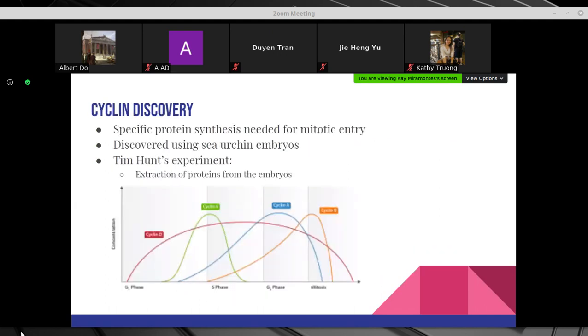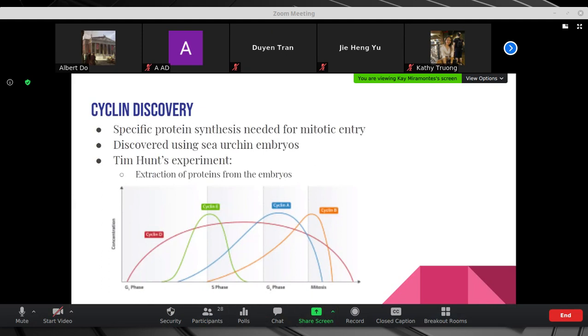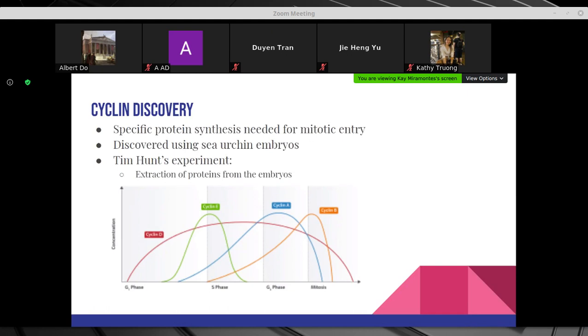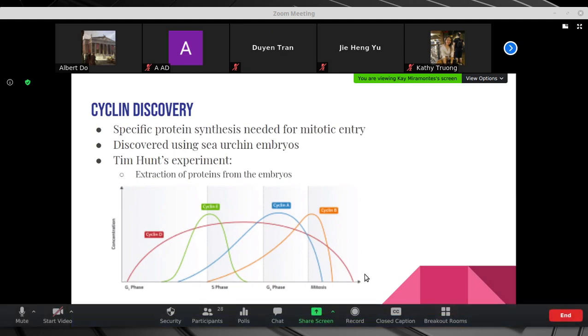So, cyclin discovery. Cyclins are a group of proteins that control the cell cycle by activating CDK enzymes. This group of proteins undergoes specific protein synthesis that is needed for the cell to enter mitosis. They were discovered during an experiment that utilizes sea urchin embryos. During this experiment, 35S-methionine was added to the embryos, and then they were fertilized. Protein extracts were then